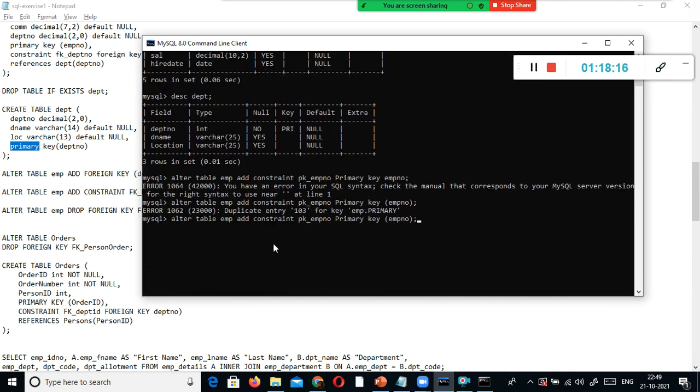So what I am doing is I am going to use an update statement. That's why, if you don't have a primary key, what will happen? You will allow duplicate values in it. If you have duplicate values, what will happen? You will not be able to identify who is who. Set emp number equal to 108, where ename is equal to Bhupinder.